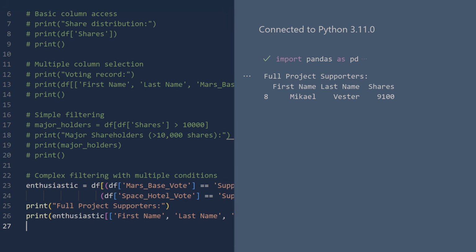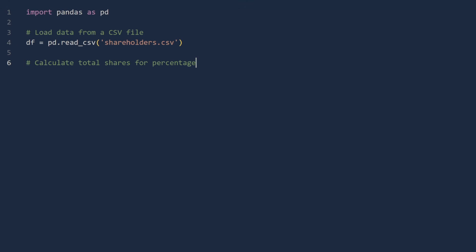With these selection tools at our command, we can now proceed to modify our DataFrames structure. DataFrames are not read-only objects. They are adaptable. We can enhance our shareholder analysis by calculating new metrics and removing obsolete ones. Let us first calculate each investor's voting power, their percentage of total shares.